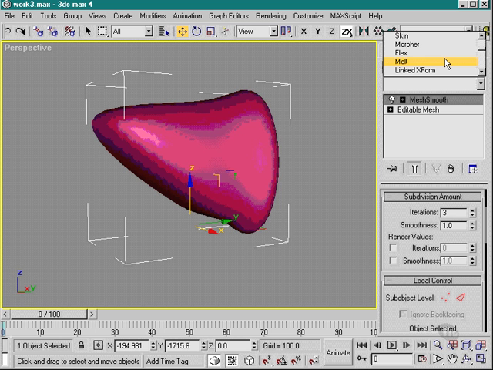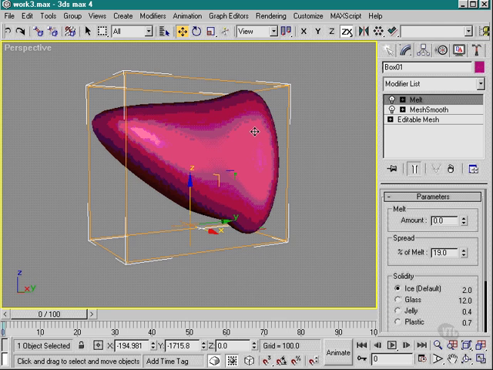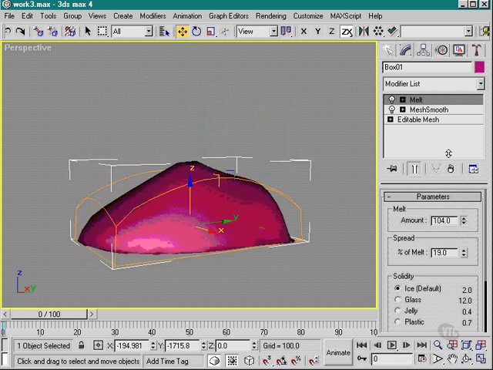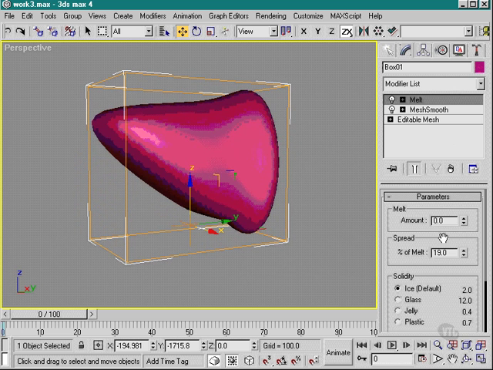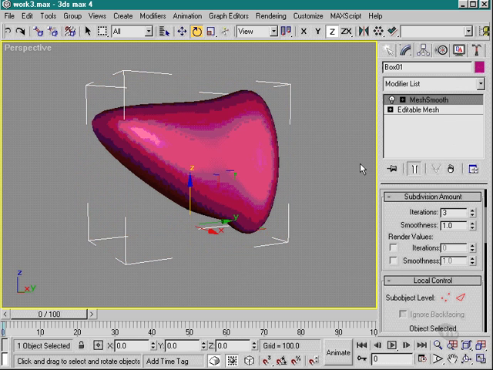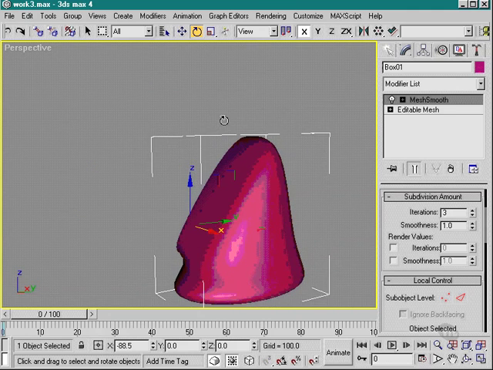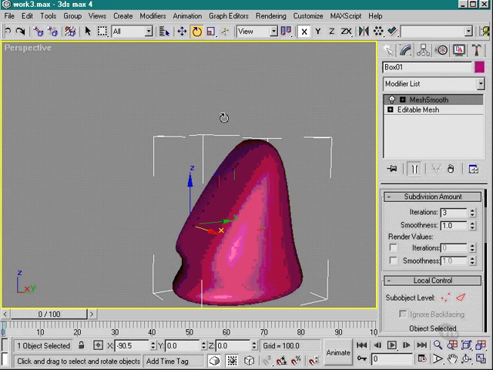So let's just get straight into melt. Here we've got an object that we've been playing with, and what we can do is tell it to melt, like so, and it melts. Now it melts around the x-axis, so if I were to just remove that melt modifier and just rotate this object over so it looked maybe a bit like an ice sculpture